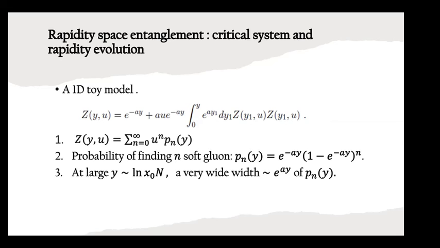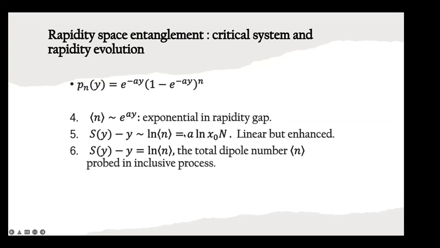And this Pn, you found that this satisfies an exponential form of the probability distributions. At very large rapidity gap y, roughly speaking, it is log x naught times n. It has a very wide width, which grows exponentially in this rapidity gap. And therefore, you can naturally expect that this entanglement entropy is, roughly speaking, a log of the width, but since the average value of the dipoles, or the average multiplicity, also grows exponentially in